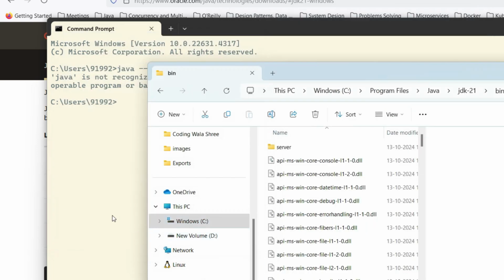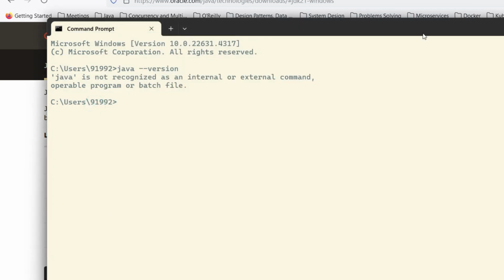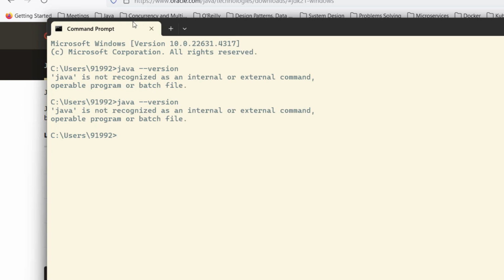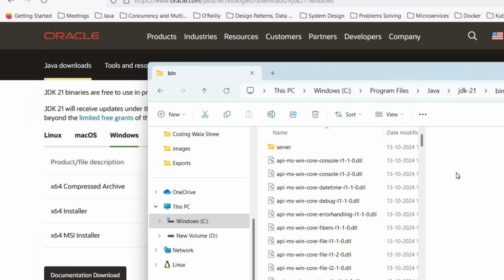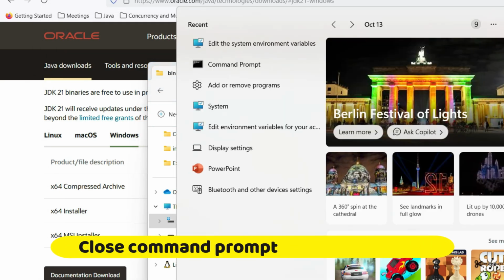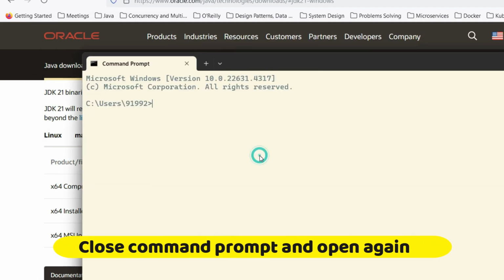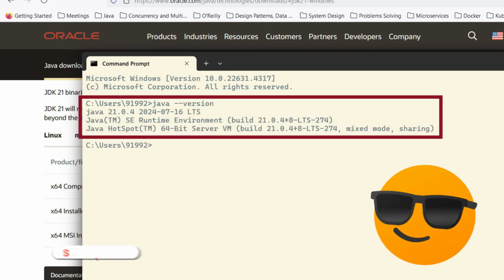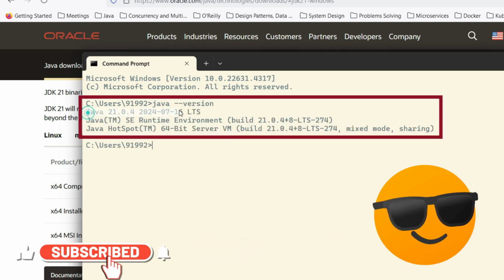click on OK, and I'll recommend that close this command prompt and open the new session, because even after we do this change, and if you are firing the same command in same command prompt, it will say Java is not recognized as a command because the path variable change is not applicable for this open session of the command prompt. So let me close the command and open again. So click on search cmd command prompt, and now let's try to do the same thing, java --version. And now it is showing us that Java 21 is installed.